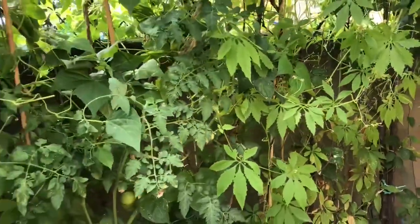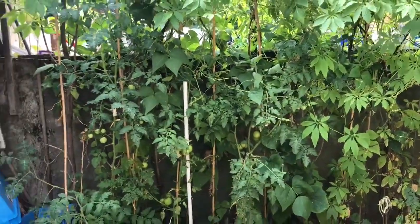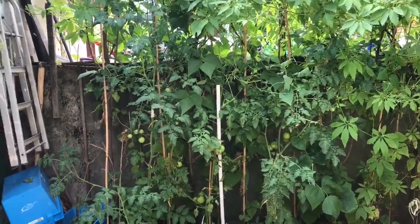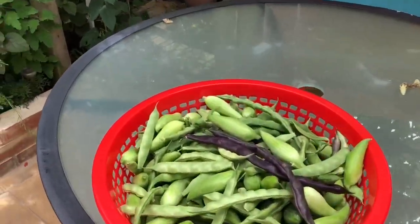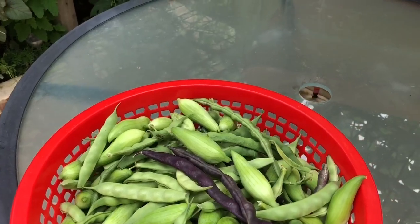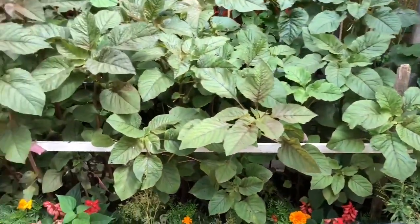So this is a very small garden, guys, and I just want to show you the potential of what you can do in a very small garden. This is what was harvested yesterday. It's great, and this bed during the winter,